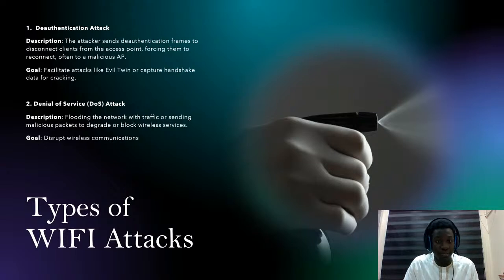We have different types of Wi-Fi attack. We have the authentication attack. We have denial of service. Let me explain a bit about what the authentication attack means. The attacker sends authentication prompts to disconnect a client from the access point, forcing them to reconnect, in order to obtain a malicious